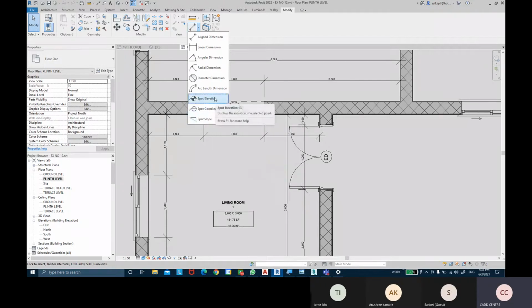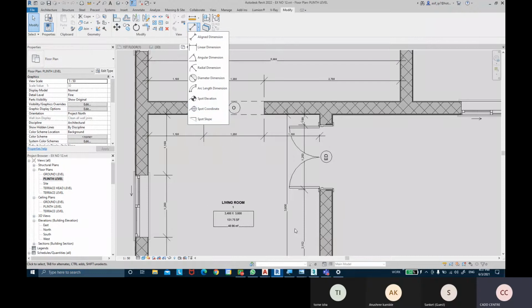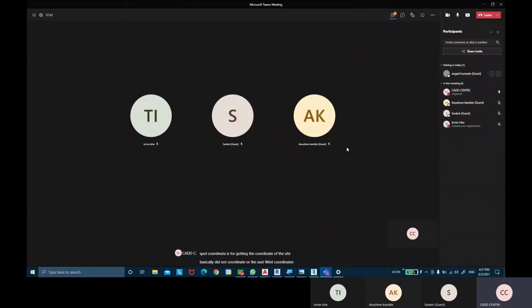Okay, and spot elevation means at what elevation height it is, especially for roofing or for false ceilings basically there. That at what elevation height your false ceiling or drop of the ceiling is there basically, that is for spot elevations. And spot coordinate is for getting the coordinates of the site basically, the north, the south coordinate or the east west coordinates of the site basically there.